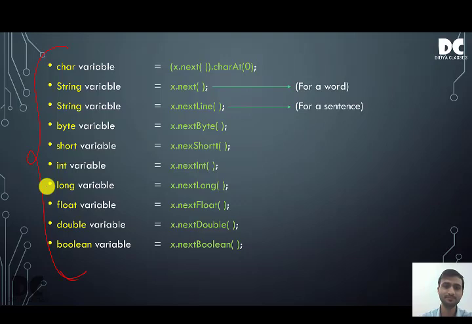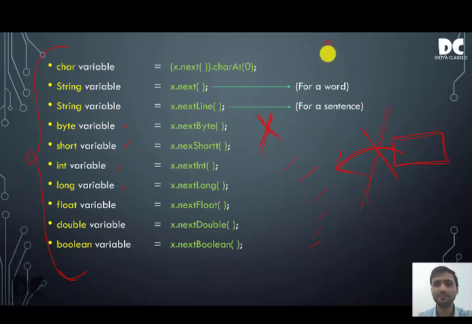So here, as in buffer reader, the value is always taken in string and then it was converted to either byte, short, int, long. The string was converted. Here, this thing doesn't happen. The value is directly inputted in byte form, short form, int form, long form. So it is a different form. This process of conversion from string to primitive data types is not there in scanner. So this is the difference between scanner and buffer reader.